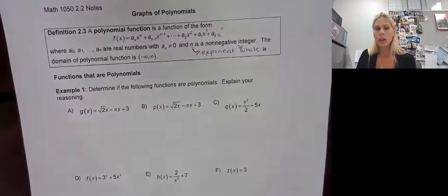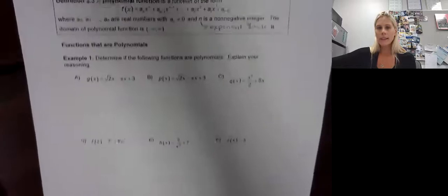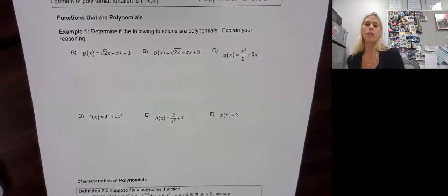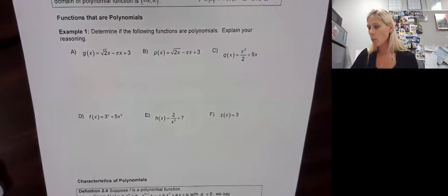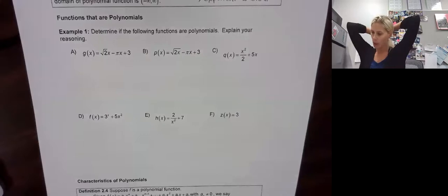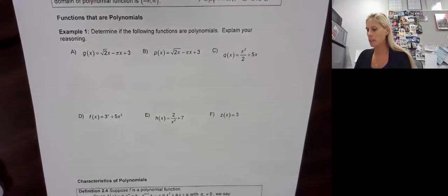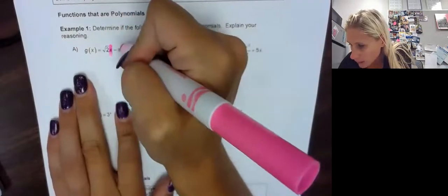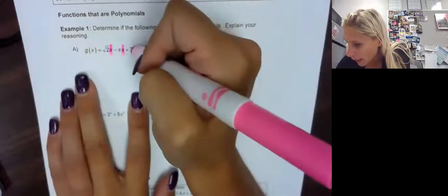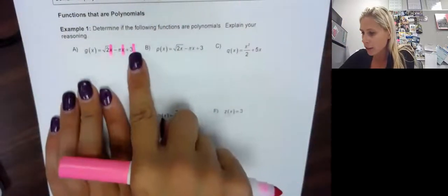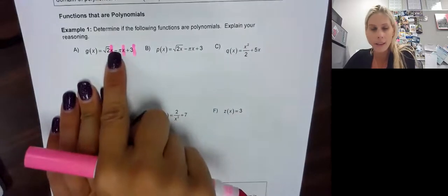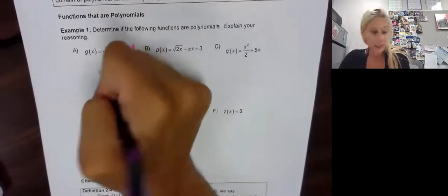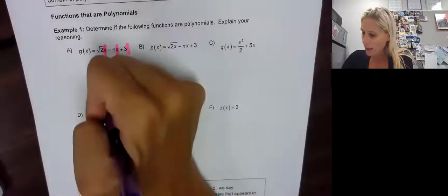So the first thing we're going to do is go over a couple examples of functions that we are going to determine if they're polynomials or not. So what we want to do is look at the exponents of our variables, okay? So if you look here, we have x, and we have nothing. So that's x to the 0, right? That's x to the first, and as you can see, that is x to the first. So yes, this is a polynomial,